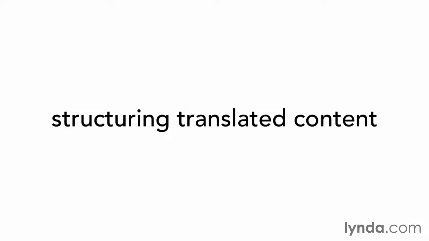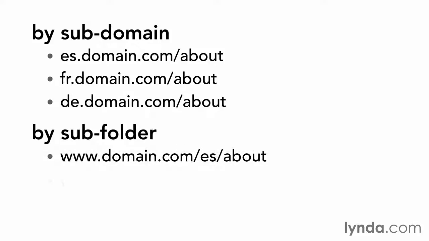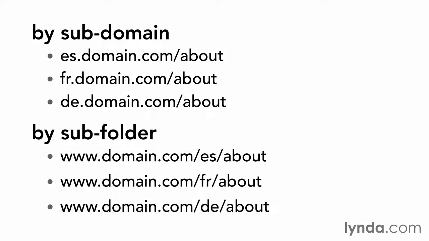Some organizations structure their multilingual websites by placing different translations in different subdomains. For example, you might place your Spanish version of the site on es.yourdomain.com. Other websites will place the content in different subfolders, like yourdomain.com/es. Both methods are effective in establishing a different silo of content dedicated to a certain language, and they both